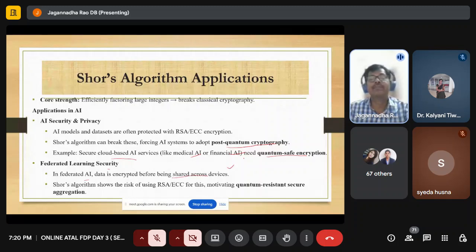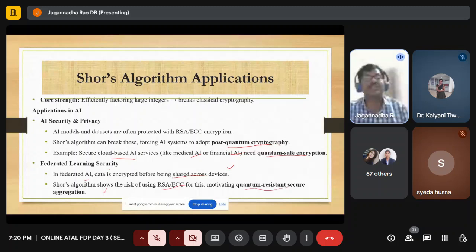But Shor's algorithm shows the risk of using RSA and ECC for this, motivating quantum-resistant secure aggregation. So, quantum secure aggregation. And going to the applications beyond AI: cyber security and cryptography break RSA, ECC, Diffie-Hellman protocols, the backbone of internet security, with impact on banking, e-commerce, secure emails,